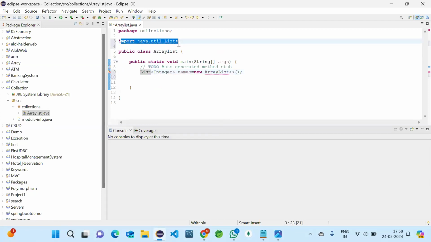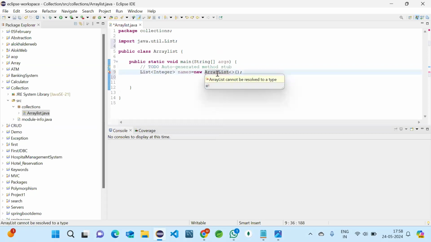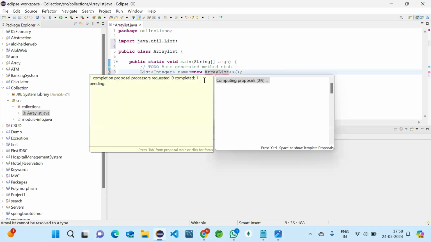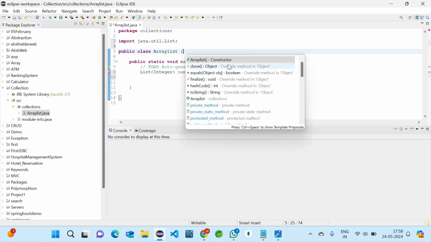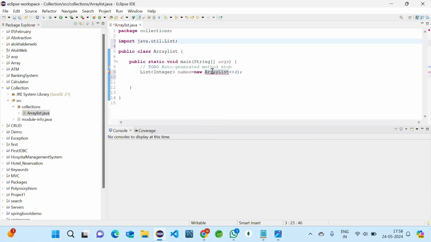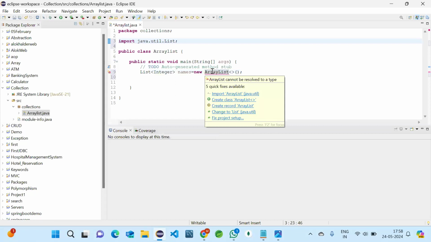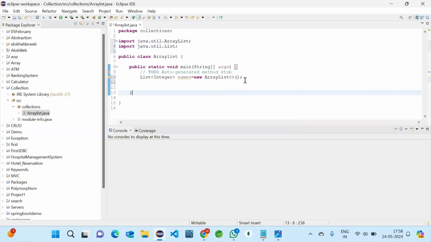See, import java.util.List came here in the third line. So the error is gone. And coming to ArrayList also, see the error is gone now.